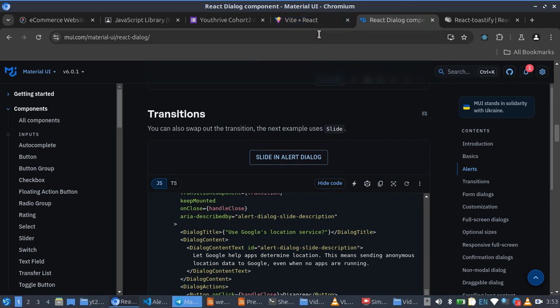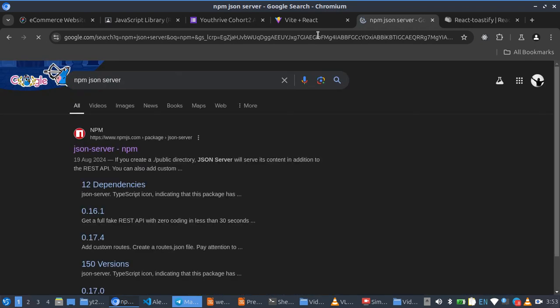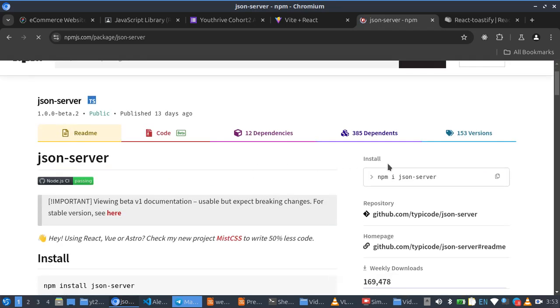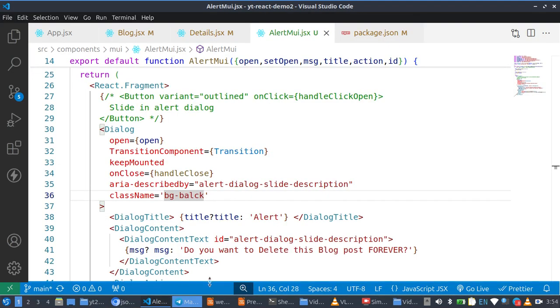So I'll go to my documentation and npm JSON server, go to my browser rather, then I'll click on this. I think we've already installed this in the first part of the video, but if not, we are going to install this as npm install JSON server like this. Then after this we are going to install it globally. So two ways we are going to do that. So I can show you that in case you're starting with this video, which I guess you will not start. So drag this up